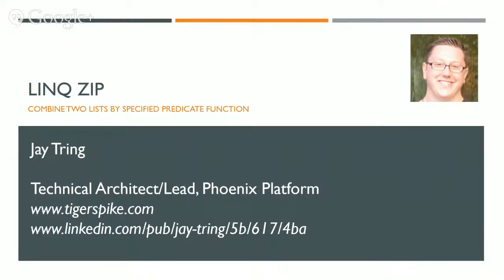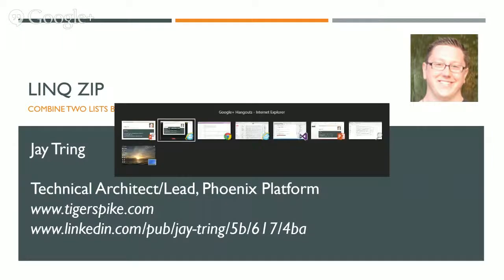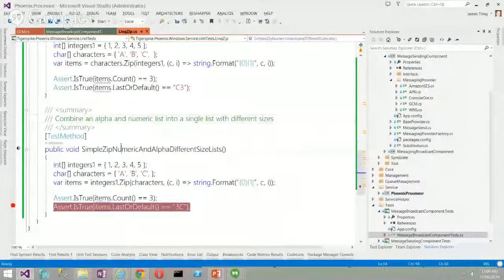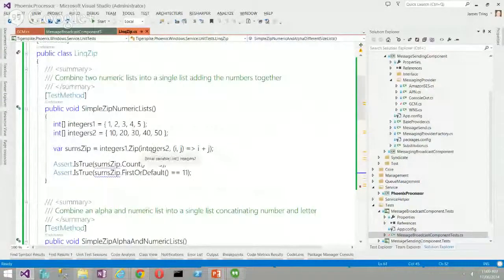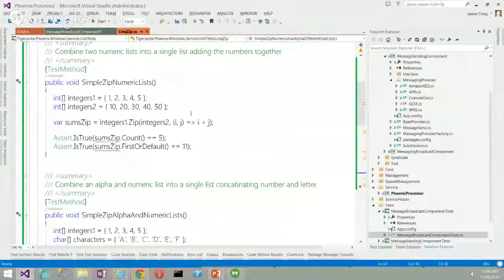So within .NET 4, there was a new addition to Linq, and that was a method called Zip. It basically allows you to combine two lists by defining a predicate. So if we jump into Visual Studio, I've already put a few unit tests in to help illustrate how this works. The first one we've got is a simple numeric